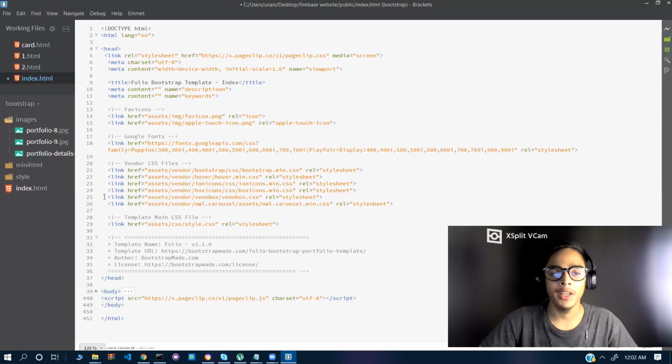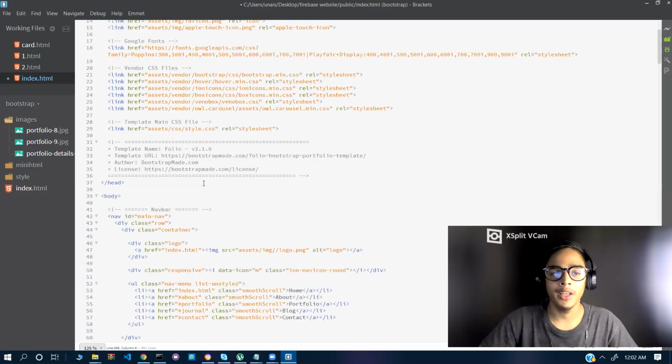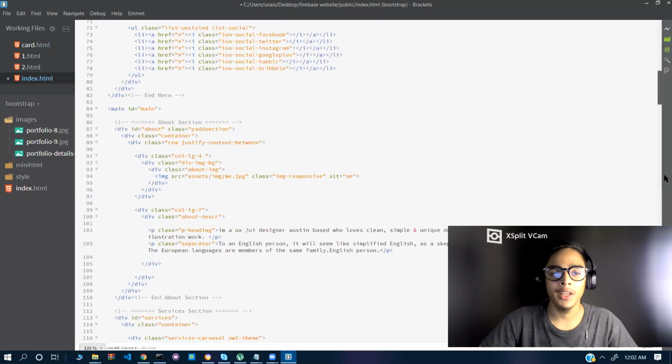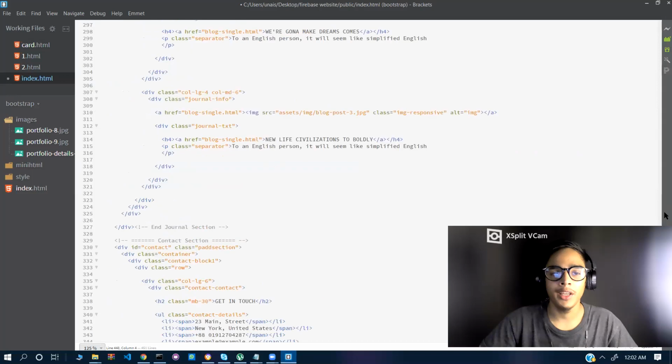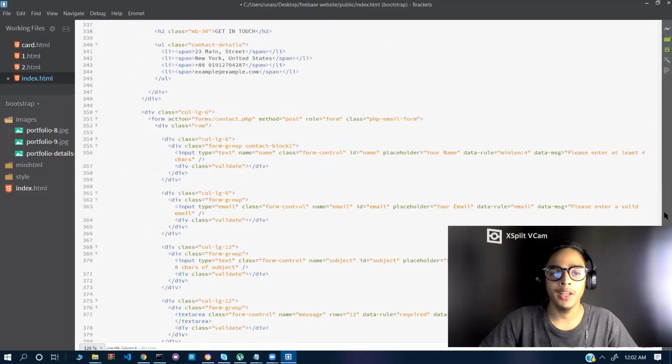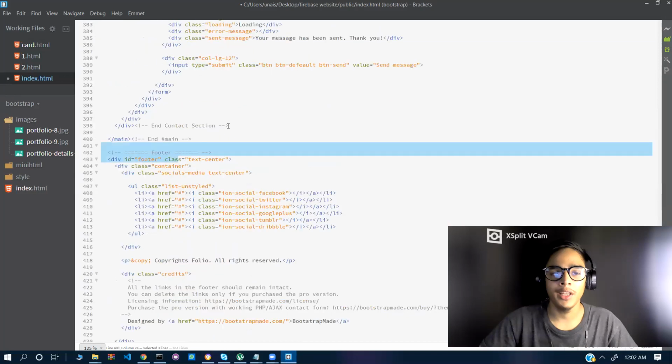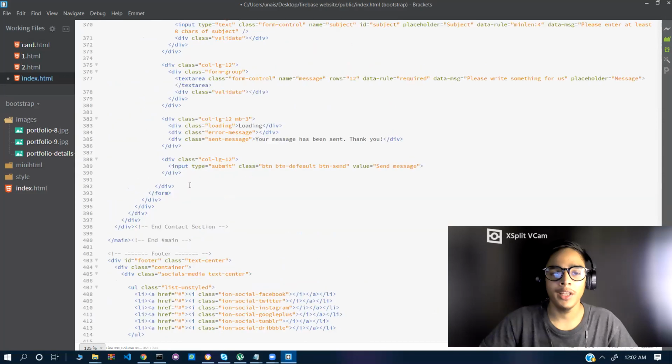If you go to your form site, open your body, because below the body there will be a contact section here. Here you can see that this is the contact section.